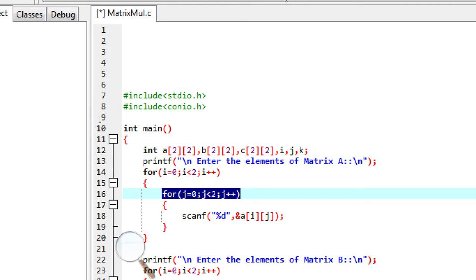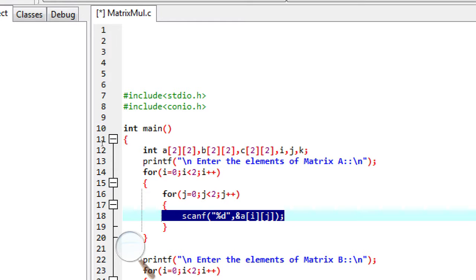Now the first for loop is for row and the second for loop is for column, and within this second for loop we write the scanf function to take the values from the user. So here we write %d, and we will store these values at the address of A of ij.